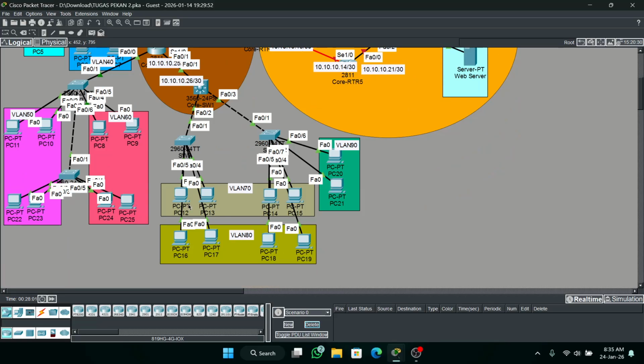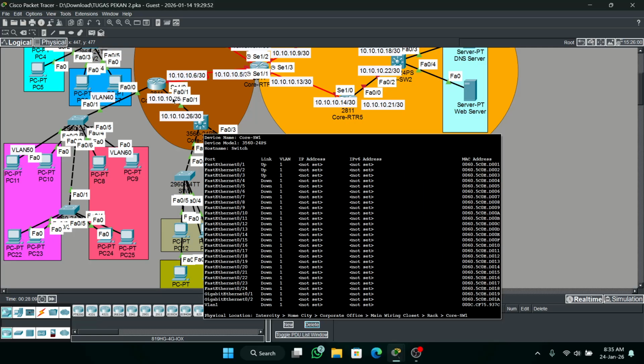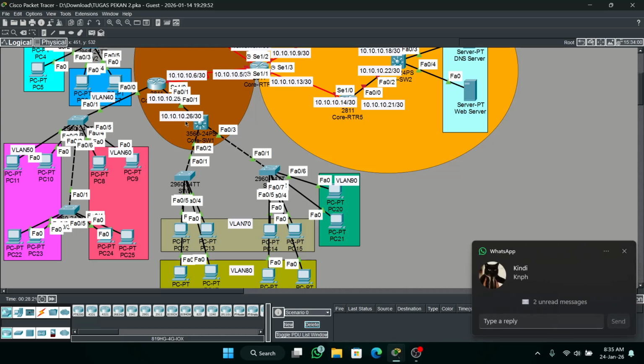So we go to switch 1, the MLS. Here it is a little bit different because we will configure an SVI in this switch. We do not use router on a stick, so you just type the IP address normally on the interface.